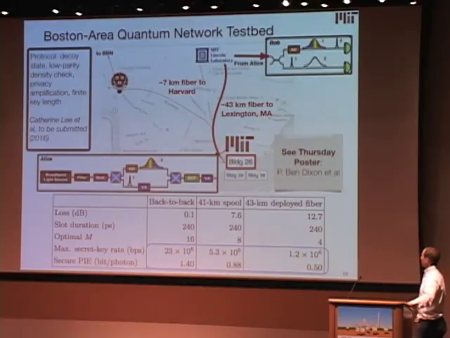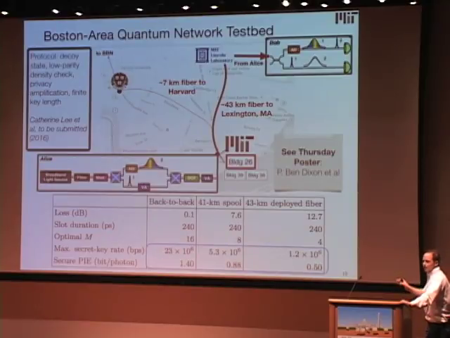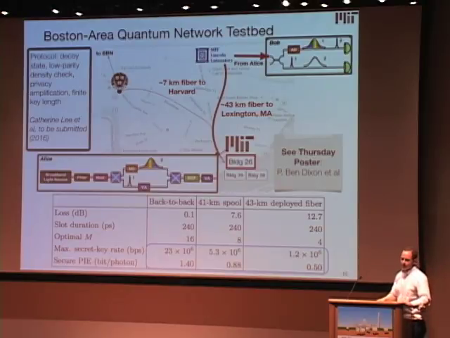So here's a summary of the as yet unpublished results. The maximum key rate that we get in the laboratory, if no loss is between Alice and Bob, is up to 23 megabit per second after the error correction, fiber amplification, and finite key corrections are taken into account. So this is pretty fast, and I should say up front, this is in part because of the high-dimensional QKD encoding, but also in part because at Lincoln Lab, they have very fast superconducting nanowire detectors.